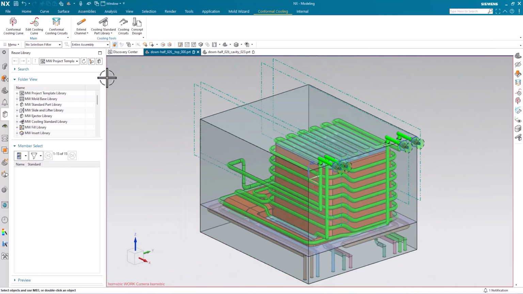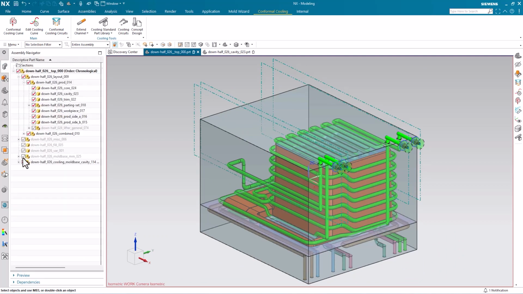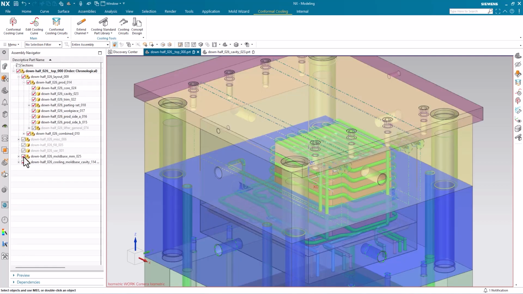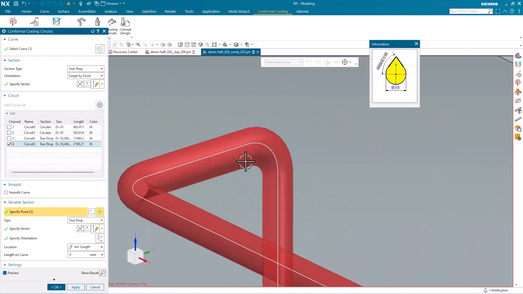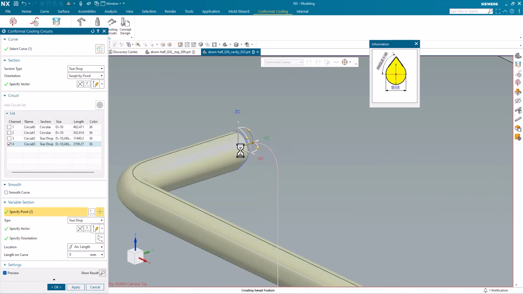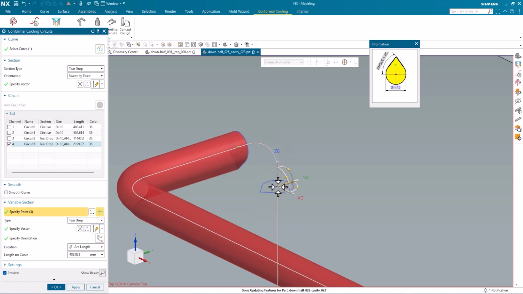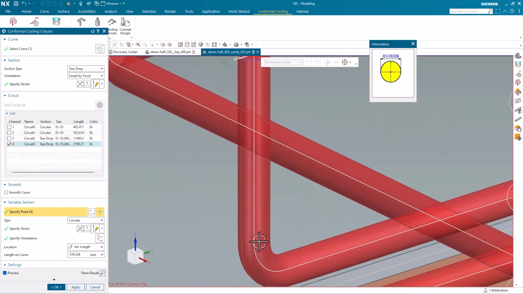There's also a range of more advanced mold design tools available. Let's take a look at conformal cooling circuits, a feature with some new enhancements released in June 2023. While detailed design creates basic cooling features, you may need to design custom cooling to optimize performance for parts with complex geometry. A new enhancement is the option to use variable sections within the same cooling circuit. This lets you enhance performance at different points in the circuit and follow the geometry of the part as closely as possible. This circuit primarily uses a teardrop section, but we can use variable section to change it to circular between specified points.